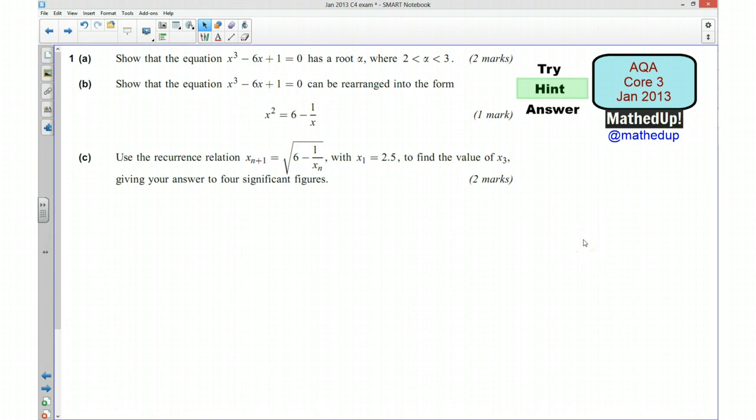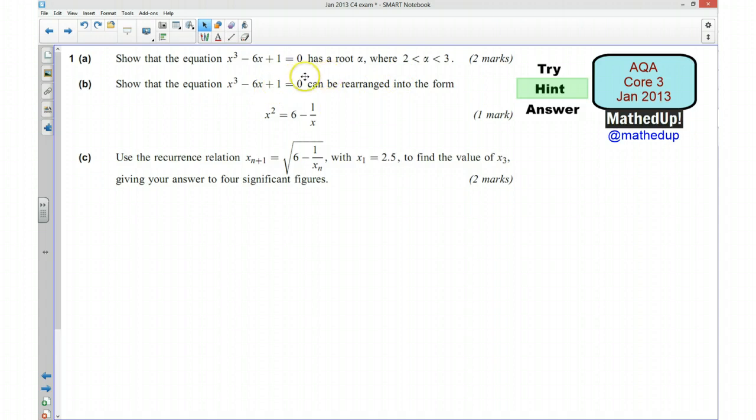I'm now going to go through a hint as to how you can go about answering the question. So, part 1 says show that the equation x cubed take away 6x plus 1 is equal to 0 has a root alpha where alpha is between 2 and 3. Now what you want to do is look at the function x cubed take away 6x plus 1, and you want to show that there's a change of sign when you put 2 and 3 into that function,